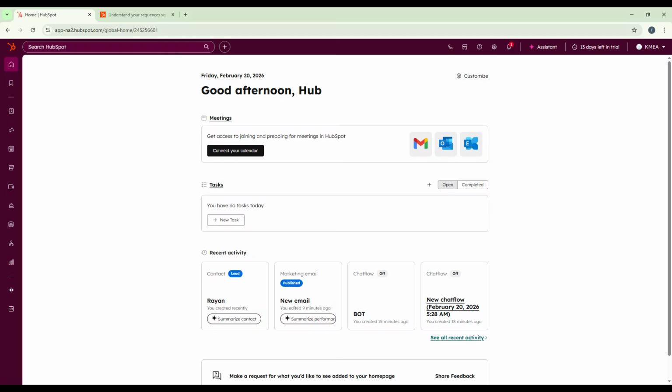In today's video, I'm going to show you exactly how to add videos to chat conversations and bot actions in HubSpot. Whether you're using automated chat flows or replying manually inside the inbox, adding video can dramatically increase engagement, improve clarity, and help you convert more visitors into customers. By the end of this tutorial, you'll know how to insert videos inside bot messages and live chat replies step